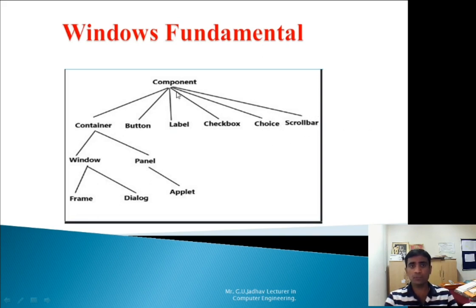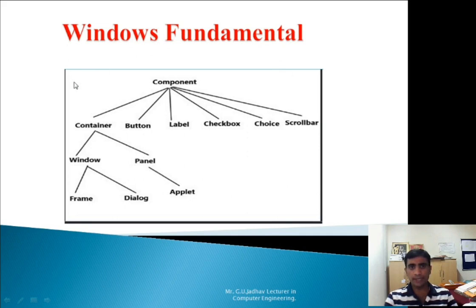From the Container class we have two child classes, that is Window and Panel. From Window again we have two classes, that is Frame and Dialog. And from Panel we have the Applet class.